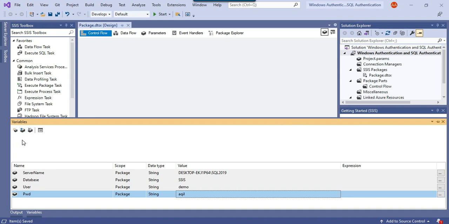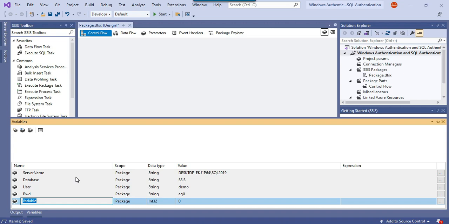Now the most important thing is that I will declare a connection string SSIS variable, and that connection string variable value will change for Windows authentication and for SQL authentication. So I will call the variable connection string, and the data type will be string. Now the value that we need to provide is two different values. The connection string variable will keep one value at a time. For example, either it can hold the value for SQL authentication or it can hold the value for Windows authentication.